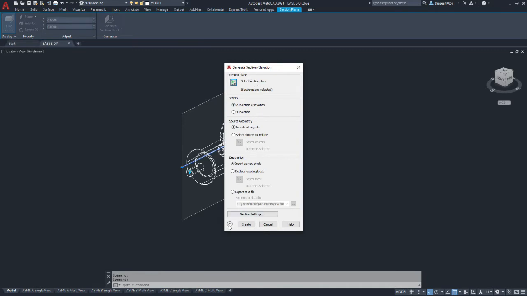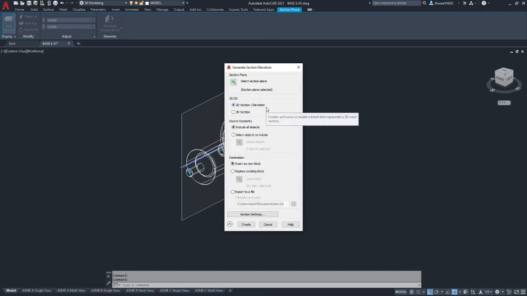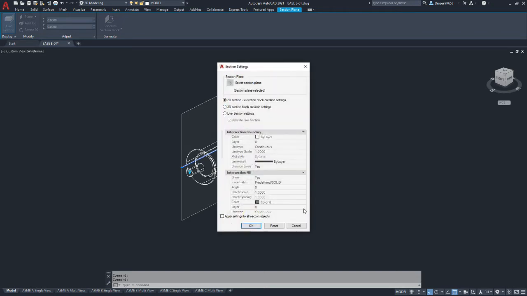Now your default may appear like this. You need to expand it. So we're doing a 2D elevation. We're going to leave all these at default. We're going to go to section settings. And under intersection boundary, the layer, we're going to change it to profile visible lines.